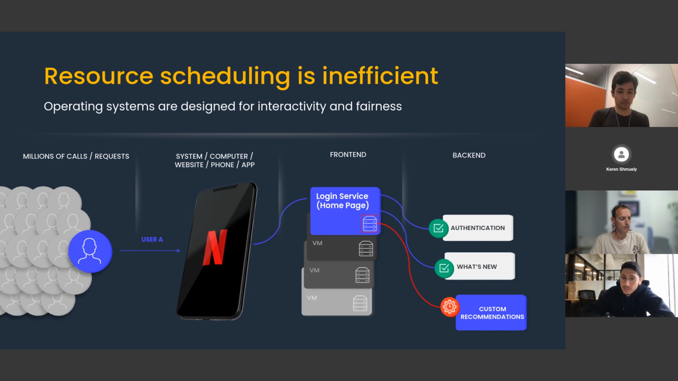What's new is, of course, something which is based on a region, a country, or a state, and therefore it is probably cached somewhere, whereas custom recommendations can reside on an external database or a storage that can be, for example, an S3 bucket on AWS, which means it takes a little bit more time to provide a response compared to authentication and what's new. But looking for a second at that point in time where we got the responses from authentication and what's new,